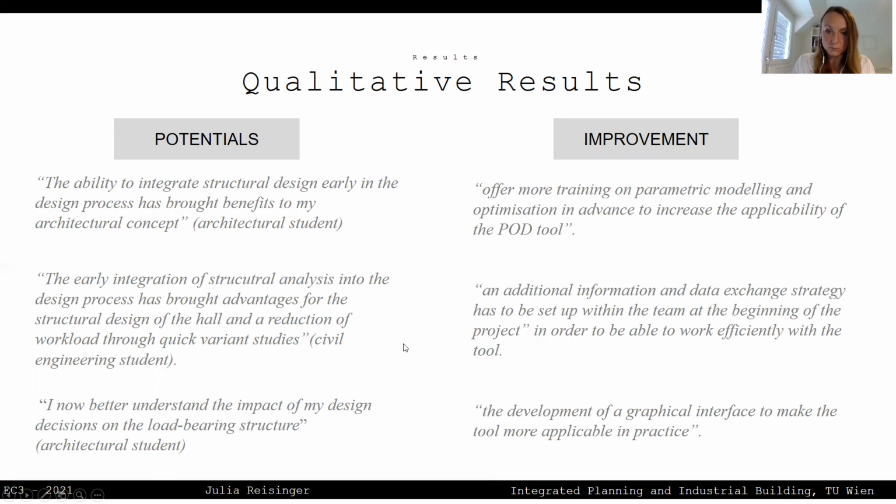But what are the improvements? So the improvements also in the tool and on the process: most of the students said they would have liked to have more training on parametric modeling and optimization in advance. Then they would have been more able to apply the POD tool. That means the tool is not yet self-explanatory and you need